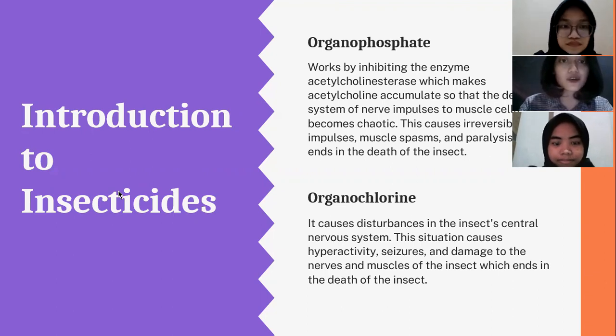And the second is organochlorine. Organochlorines are insecticides which are also often referred to as chlorine hydrocarbons. Organochlorines cause disturbance in the insect's central nervous system. This situation causes hyperactivity, seizures, and damage to the nerves and muscles of the insect, which end in the death of the insect. Organochlorine is the oldest synthetic